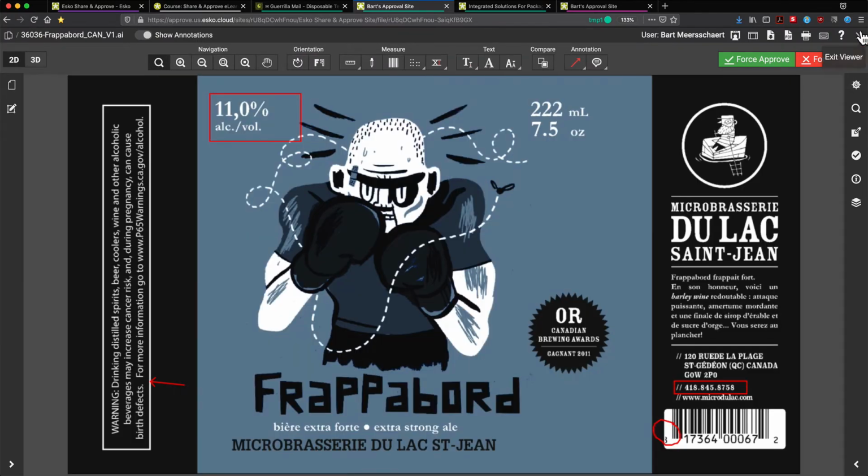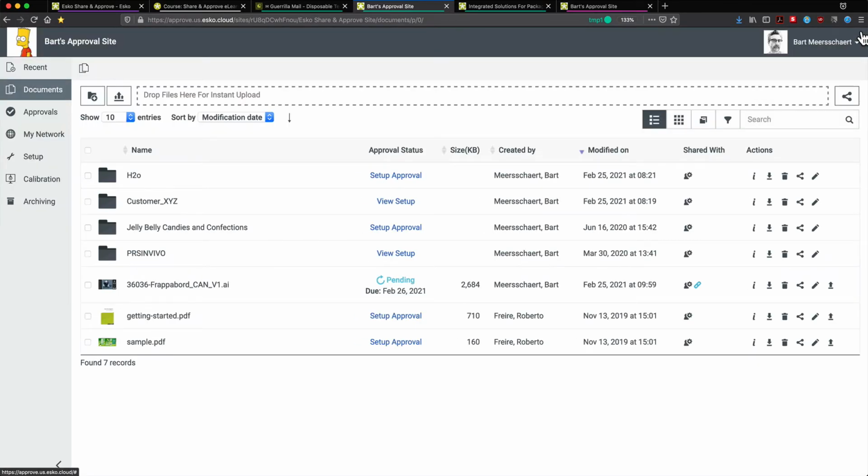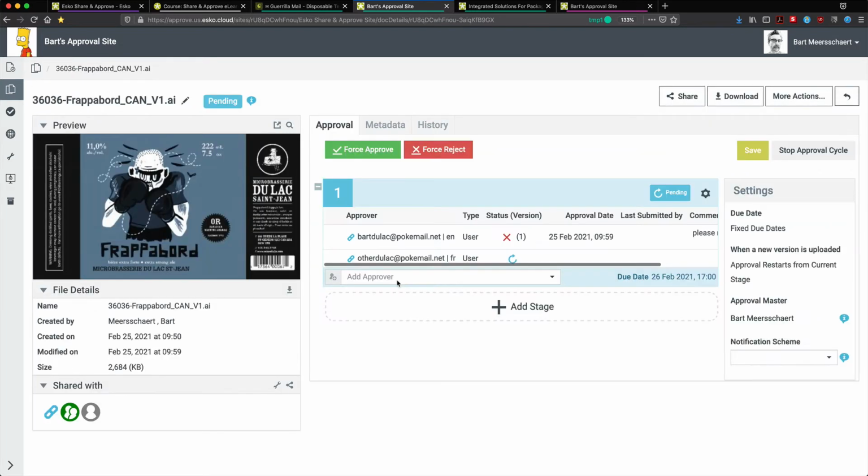There you go. Let's close this viewer. Here we are. So back at the design studio, we can see that the file right here was rejected. But you can see it's still pending. Why? Because there was a second user, as you might remember. Now, if you don't remember, you can simply click on the info, and that will show you right here that